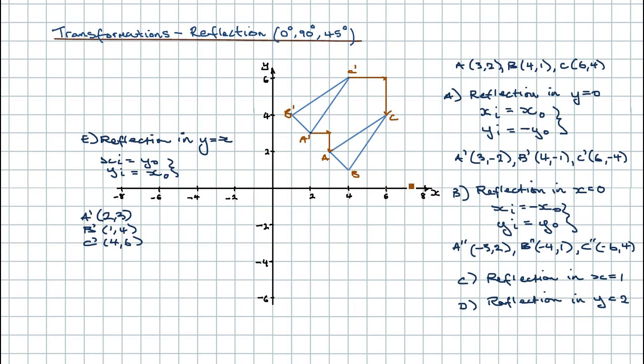Okay, so now all we need to do is join these 2 points together. They must both be on the line of reflection. So if we draw a line from here to here and just extend it all the way down, then we have identified geometrically the line of reflection. Now we know it's y equals x, but how would we find that